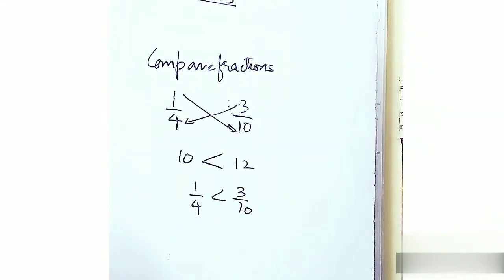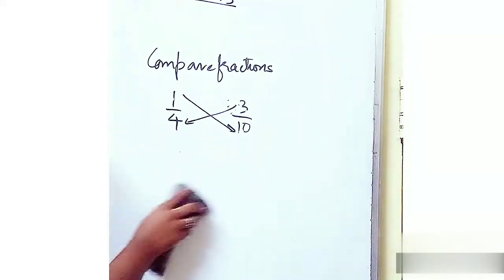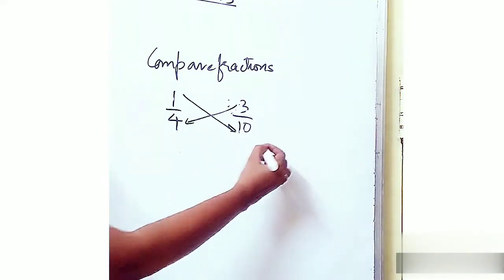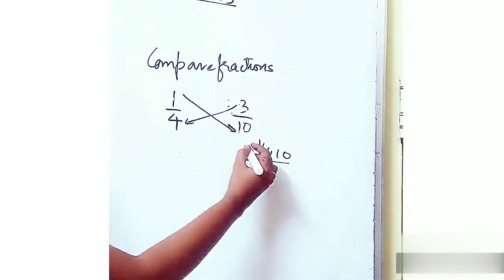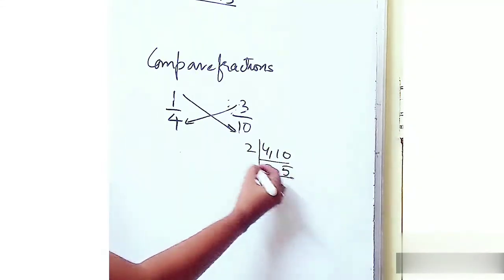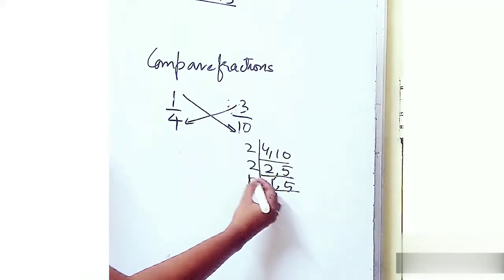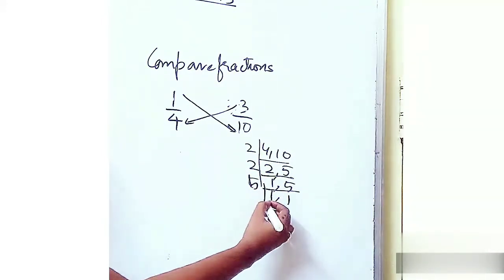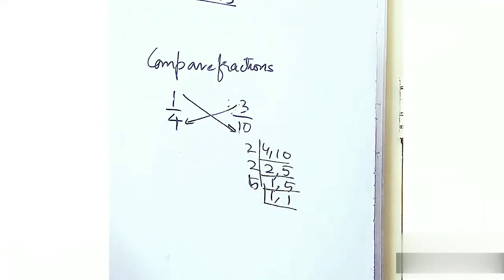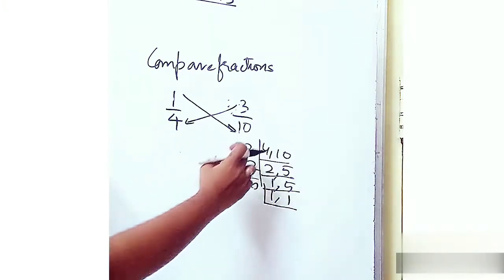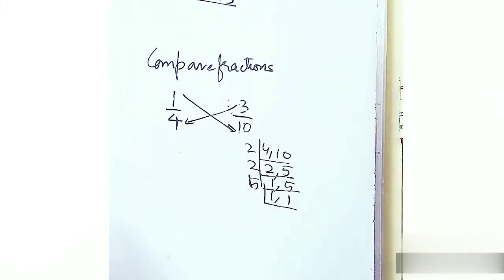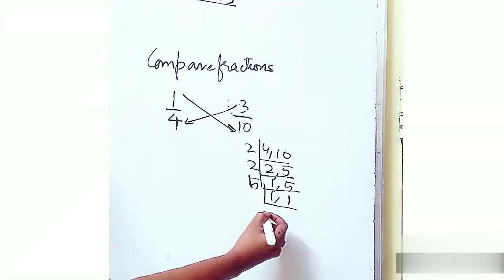So I will conclude that 3 upon 10 is greater than 1 upon 4. This is a trick, student. This is not a traditional way of doing it. Now how do you carry it out with the normal mathematics? I'll tell you that also. Take the LCM of 4 and 10. After taking the LCM: 2 2s are 4, 5 1s are 5. 5 will not come in the 2 table, so 5 1s are 5. So it will be 2 2s are 4, 4 5s are 20.